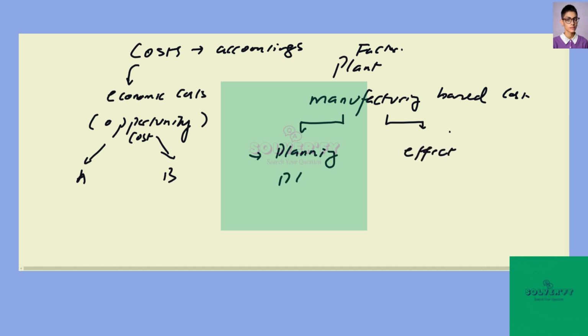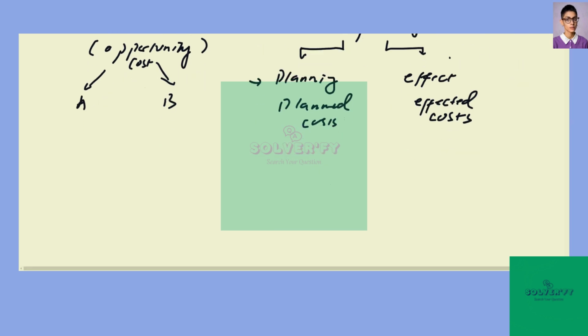So you could have two types of costs: planned costs versus affected costs. So in this particular type of problem, we are given a requirement where the problem is saying